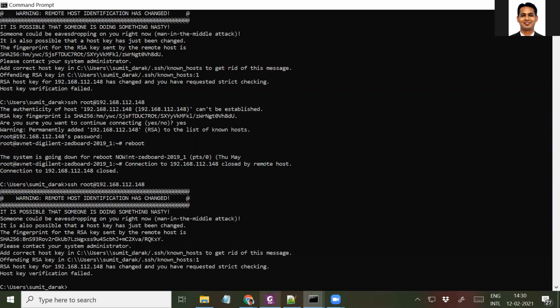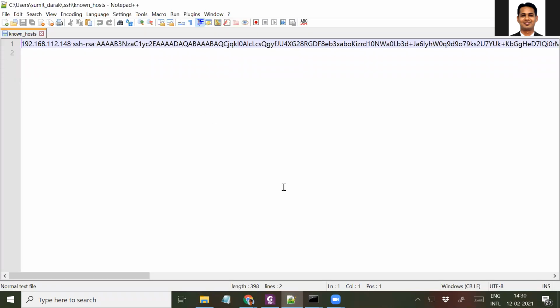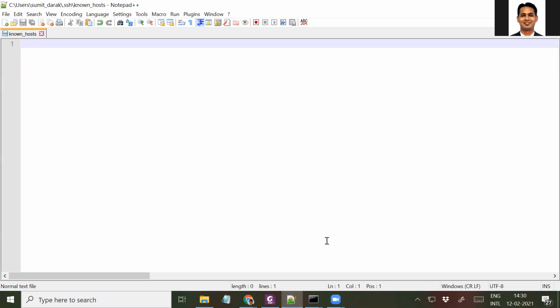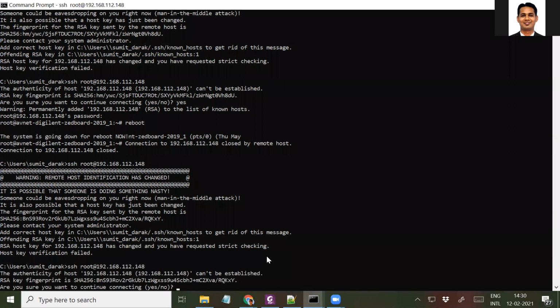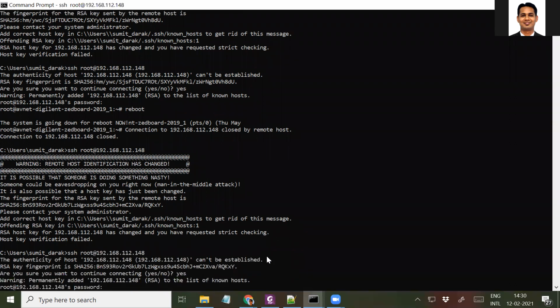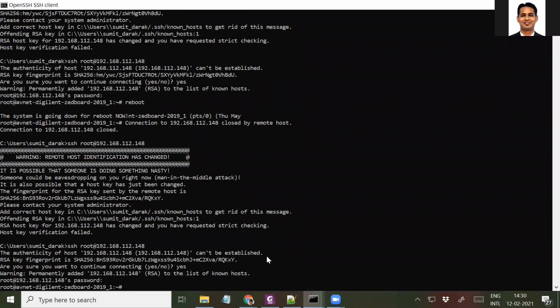Okay, the same issue. You need to go to the corresponding file and remove the corresponding line in that SSH known hosts file. Then the password is root. So go to the MNT directory.